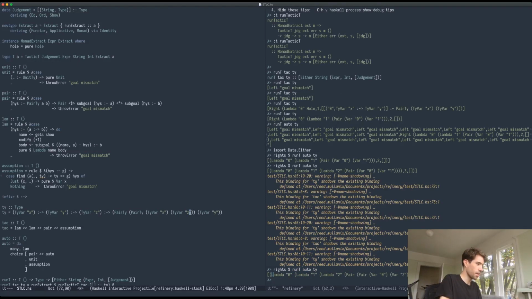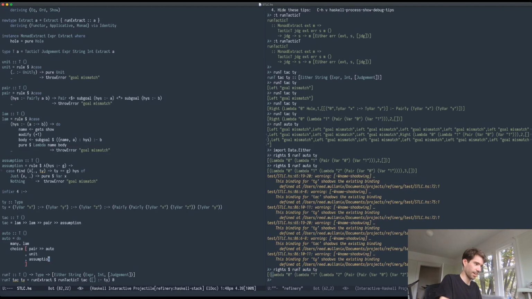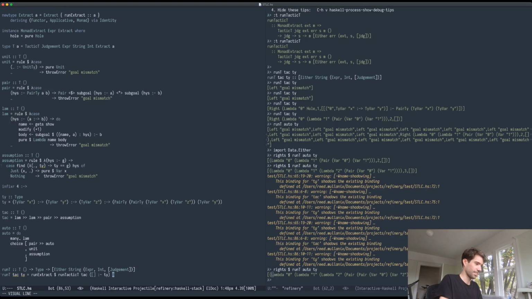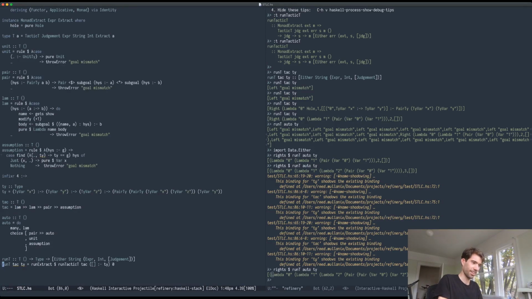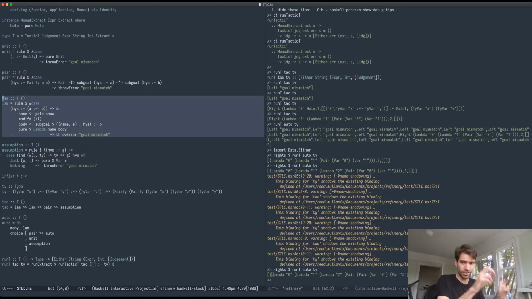So even with minimal effort, we've got something that can synthesize expressions in simply typed lambda calculus, with very, very little effort. This is 80 lines, and that's even to get the whole lambda calculus in there. And we don't have a type checker, but all of our things work by fiat, because we encoded the typing rules for the simply typed lambda calculus. We got a type checker or a program synthesizer for free. And